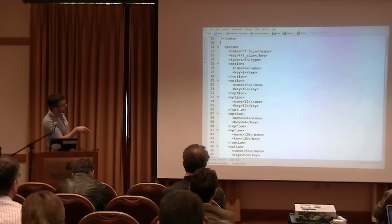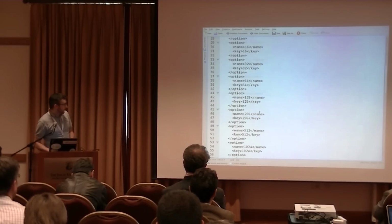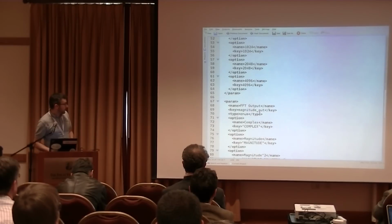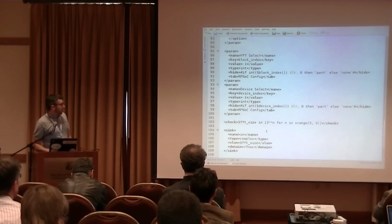And the parameters are exactly what you'd expect: the FFT size and the output type, so the ingredients I actually put in this drop-down menu where all the valid values can simply be selected. Then we have the output type: magnitude, complex, etc. And finally,